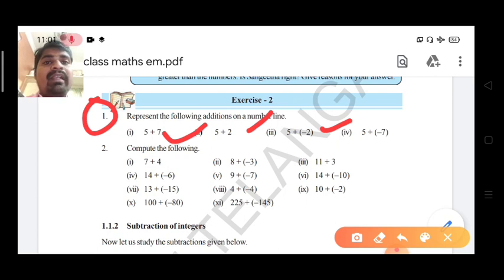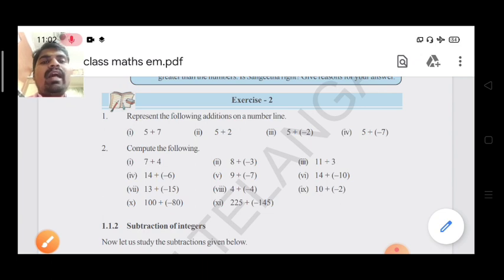If you have any doubt, go back to this video, observe again and complete the work today. And the fourth one, 5 plus of minus 7, positive and negative. So the final answer you should write from the number line only. Don't do the calculation and don't write the blind answer directly. Just observe the number line, complete it and write the answer in the fair note.